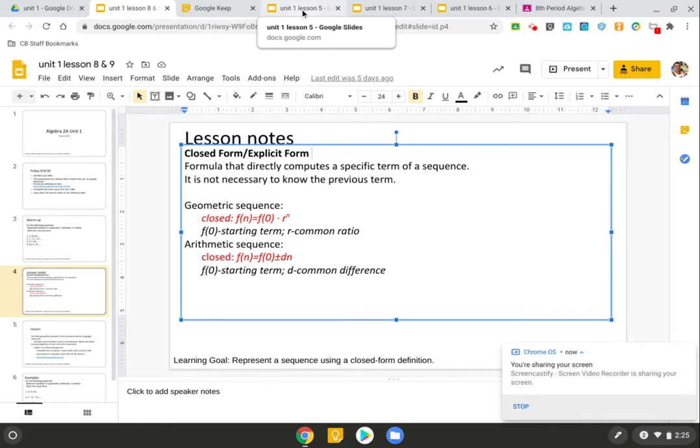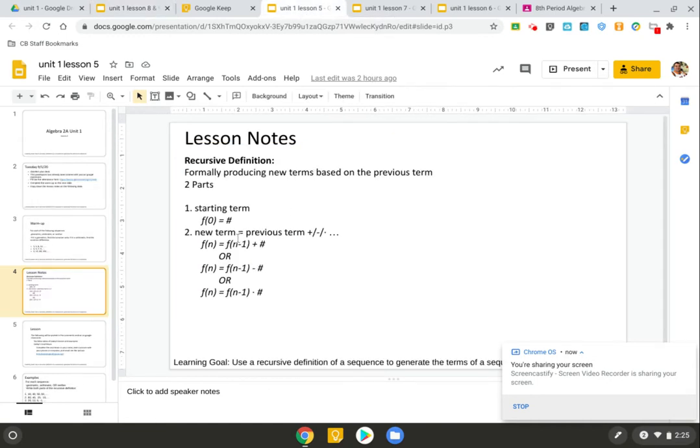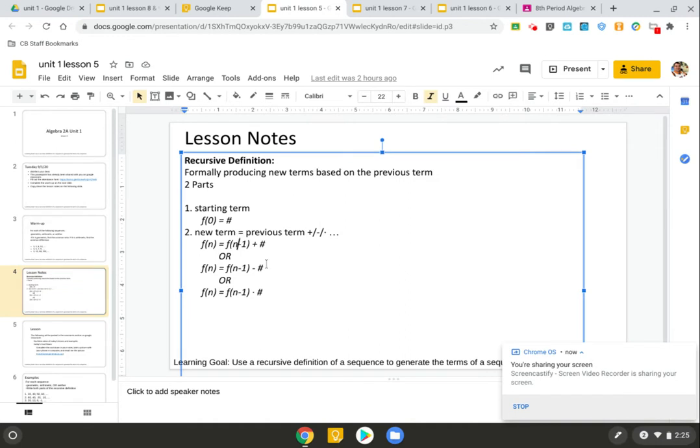a sequence. Earlier this week we talked about the recursive definition, the recursive form of a sequence, in lesson 5. While the recursive form is very useful in certain instances, there are instances where it will not help. So, for example,